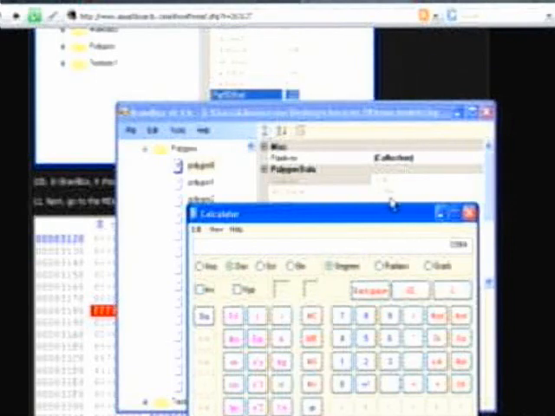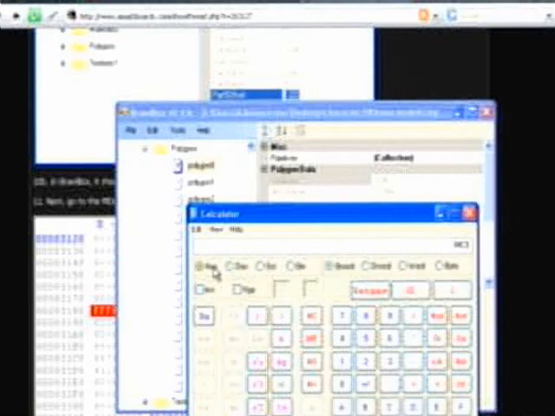33984. And then convert that to hex. And then whatever you got, copy it. And then